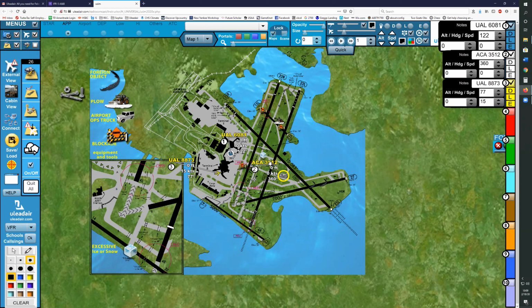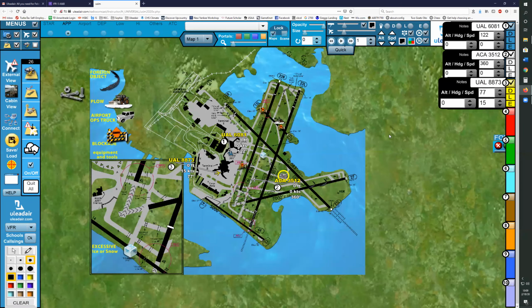Did they change call signs? Yes, they did. So Miguel, United 6081, Jose, Air Canada 3512, and Guillermo, United 8873.